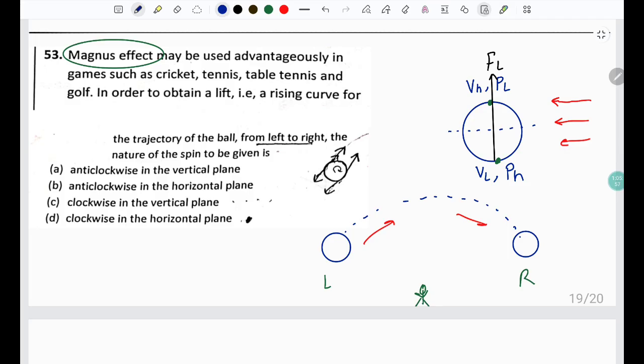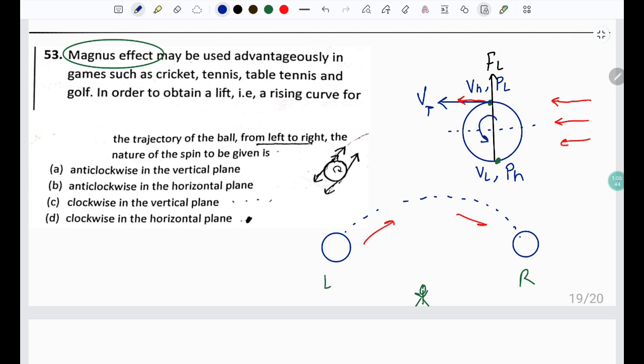जिससे कि बॉल आपकी लिफ्ट करेगी, बहुत जल्दी नहीं आएगी और इसकी ट्रैजेक्टरी में फ़र्क आ जाएगा। अगर पहले ट्रैजेक्टरी ऐसी थी तो अब ट्रैजेक्टरी कुछ ऐसी होगी, या रिलेटिवली राइज आएगा उसमें। तो इसके लिए नेचर ऑफ स्पिन कैसा होना चाहिए वर्टिकल प्लेन में, क्योंकि लिफ्ट हो रही है तो वर्टिकल प्लेन में देखेंगे स्पिन की नेचर को। अगर हम एंटी क्लॉकवाइज देते हैं तो यहाँ पे वेलोसिटी होगी v टर्मिनल, और इसी डायरेक्शन में एयर का ड्रैग लग रहा है तो नेट वेलोसिटी इंक्रीज होगी, हैंस यहाँ हाई वेलोसिटी।